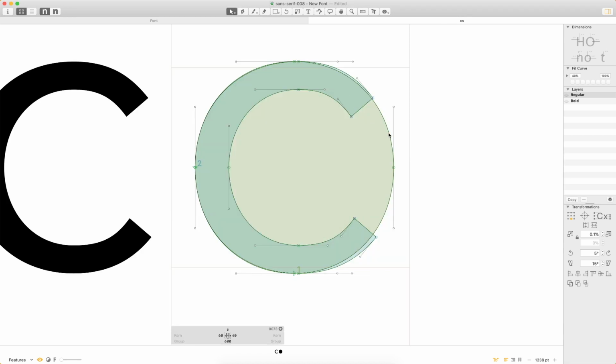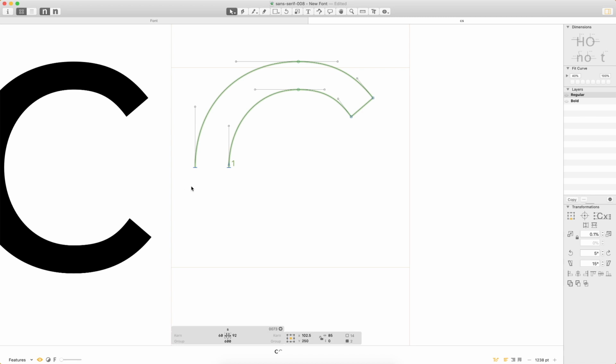Actually, I think what I'm going to do to make things a little bit easier is go ahead and chop this up a little bit. Ideally, what I'm after here,